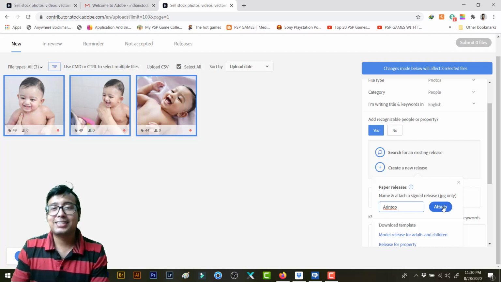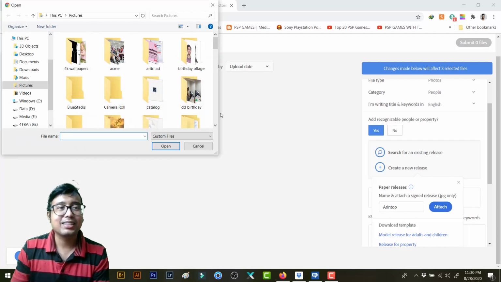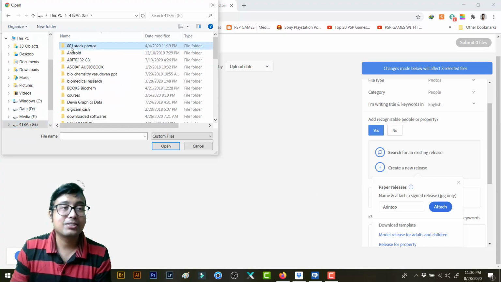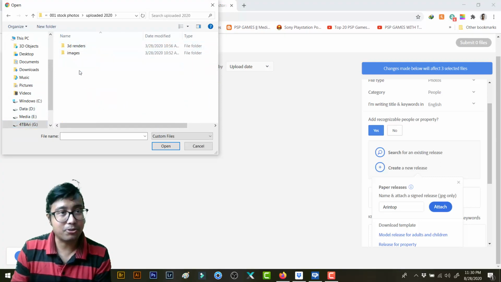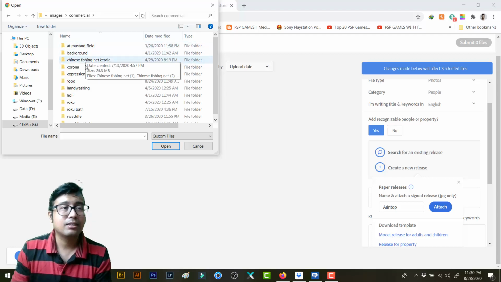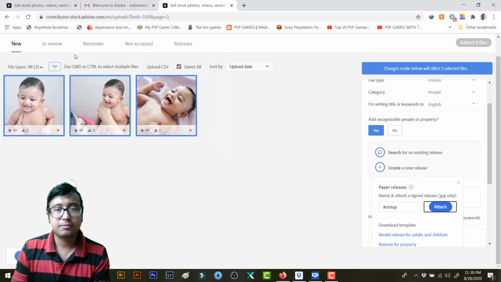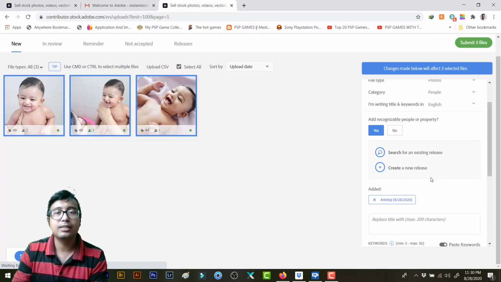Okay, so I'll simply click on attach. And then I will go to that folder in which these photos were. I will click on the model release, right? So you can see this Arintop has been added and it has been attached to all these files.